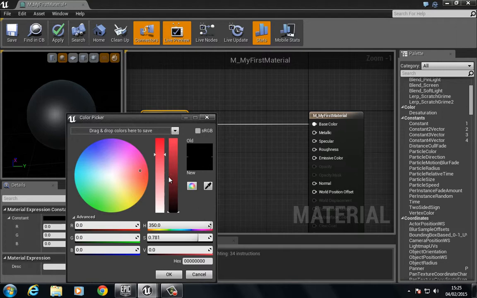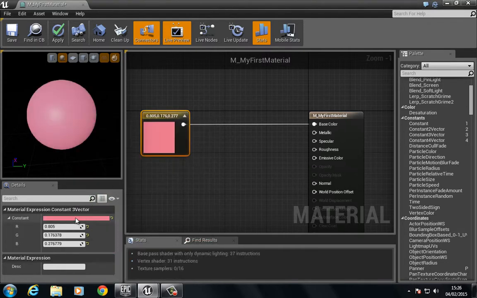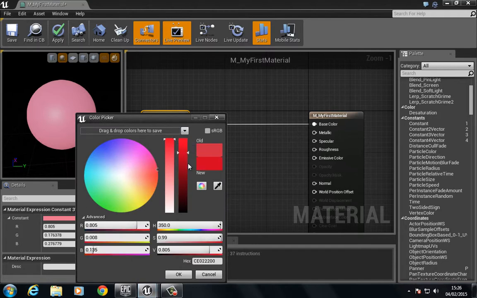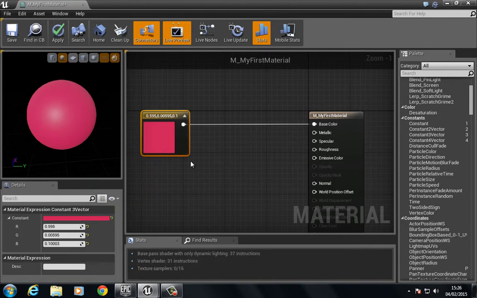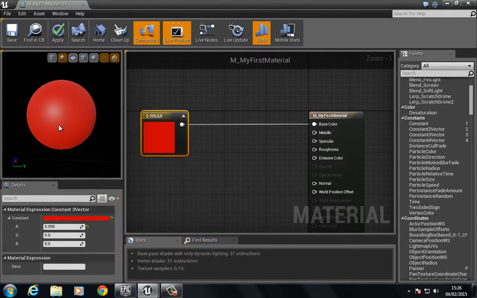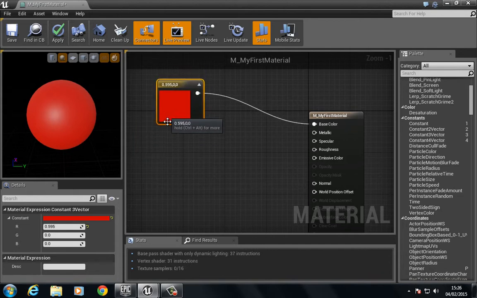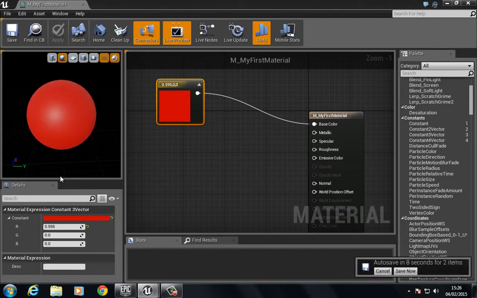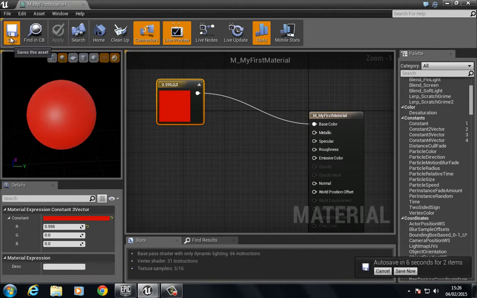and I'm going to go back with that red color. I'm going to press OK, and that's actually more of a pinkish color, so let's bring this up and press OK. And looks like we still have this. There we go. So now we have a red value here. So if we click this apply, and this will apply the changes, and then we click save,